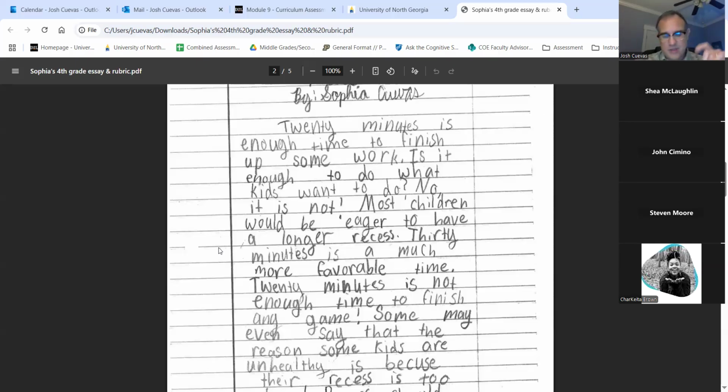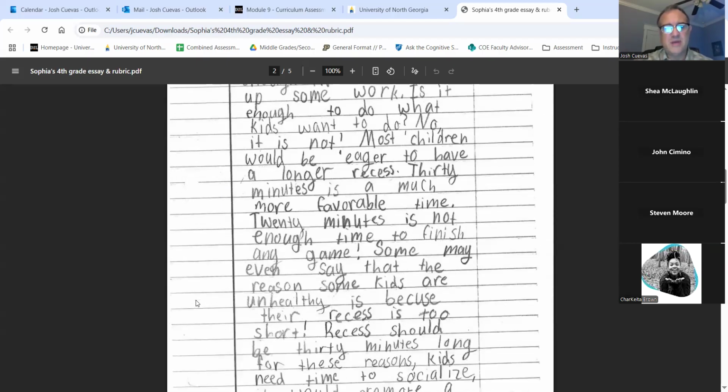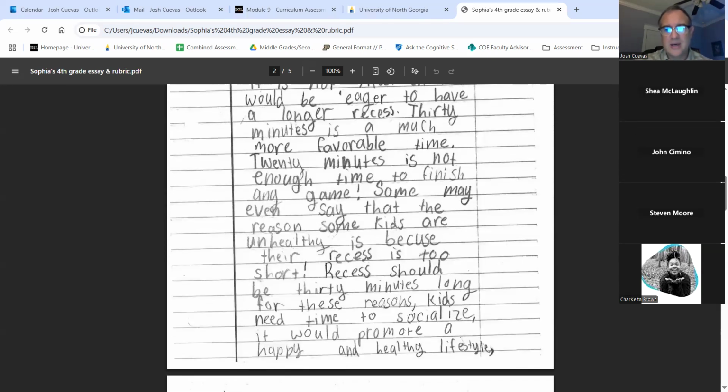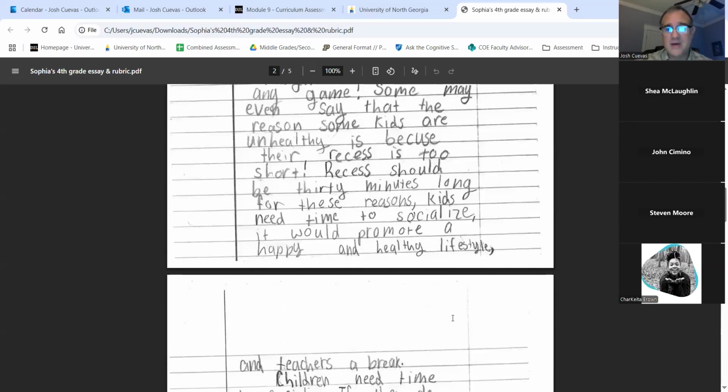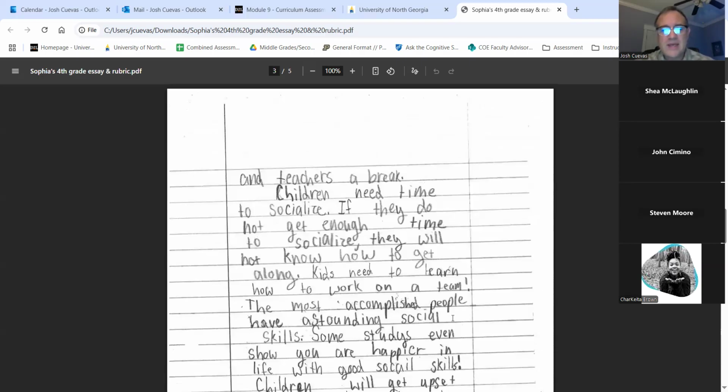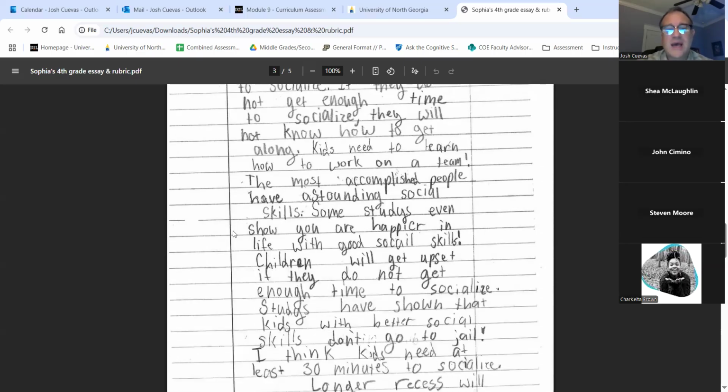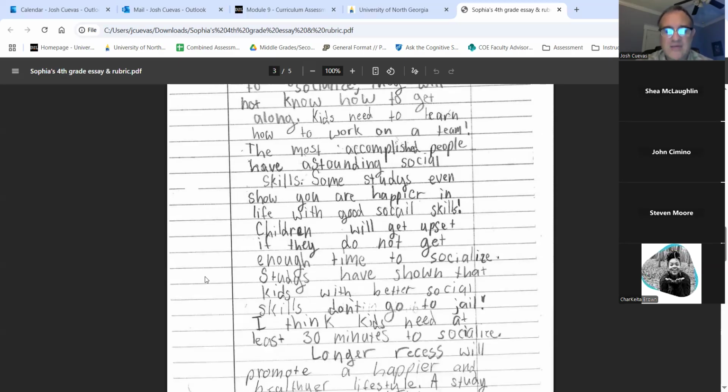Each paragraph, particularly the body paragraphs, focuses on a different idea. There's support within that. There are examples. There are some misspellings, but if you notice, even some of the more complex words tend to be spelled correctly. Socialize, favorable, accomplished. So you're going to have some misspellings, even, obviously, in high school kids' papers, but the spelling is